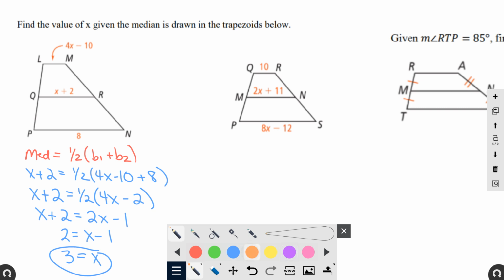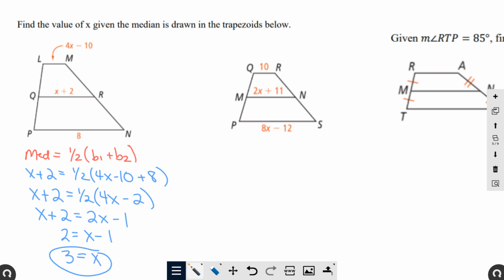All right, let's do our next one here. It's the same kind of picture, just put the right things in the right spot. First, start with a median. What's my median? Good, and that's going to equal 1/2 base plus base. So in my parentheses, I'm going to have,